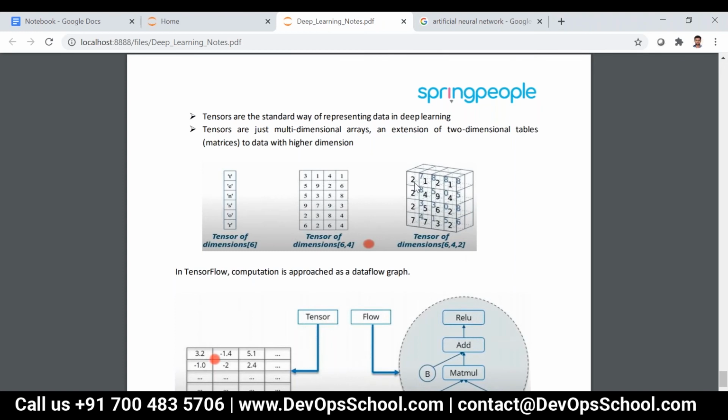But here it is wrong actually, this is 4 comma 4 comma 2. So we'll be having 6 rows and 4 columns, and each one will have 2 columns. All right, so guys, clear?